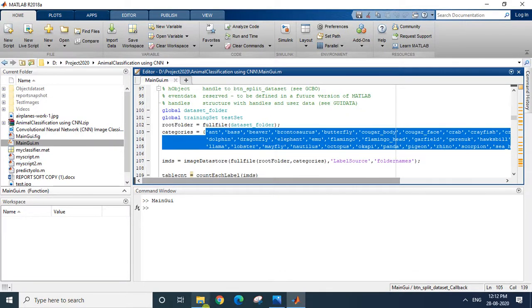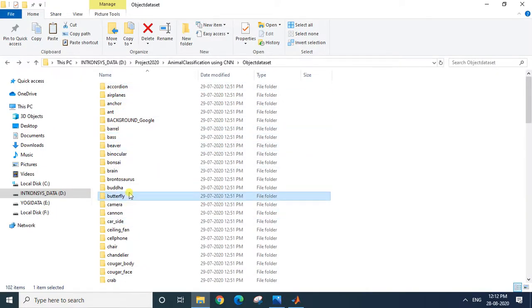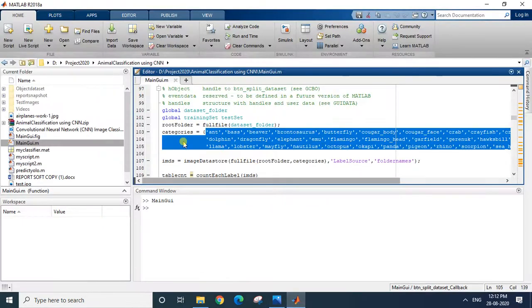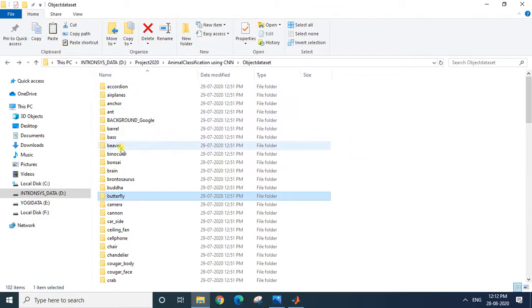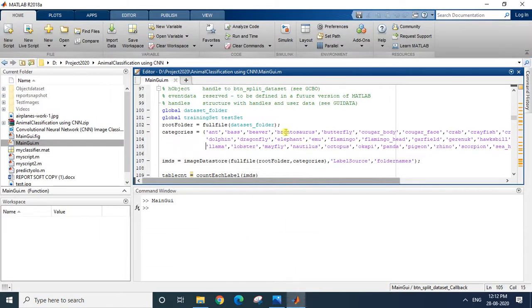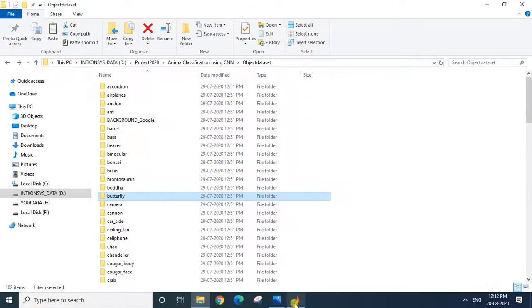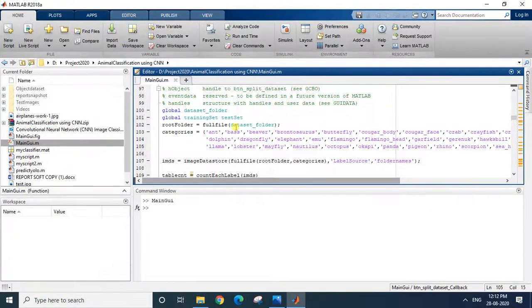Only those I have selected from this. If you want to select all, you can just skip this part, the category section. If you are specific, so that it includes only certain folders, you can specify those folder names in the code. So I am specific with animal recognition.